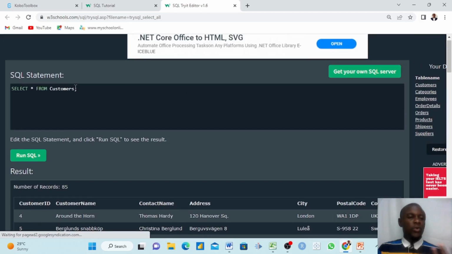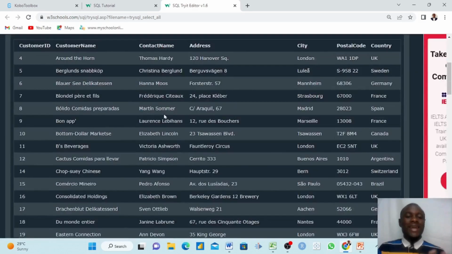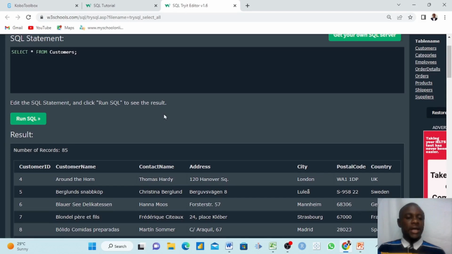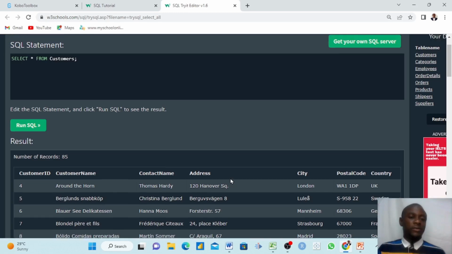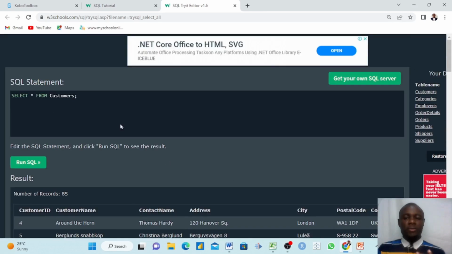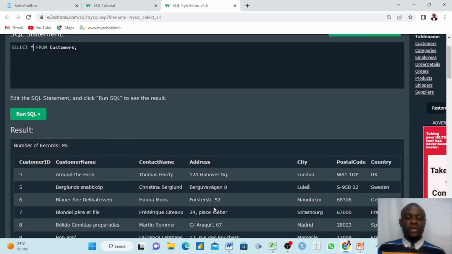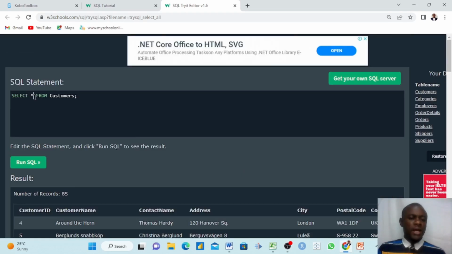Just assume that you're working with a company and they want to see every column on your data. These are our columns, these are our rows. Just assume that we are working with Excel. The same statement we are going to use here, you find in Excel but in a different form. Now if I say I want to select, instead of selecting all using this small sign here,